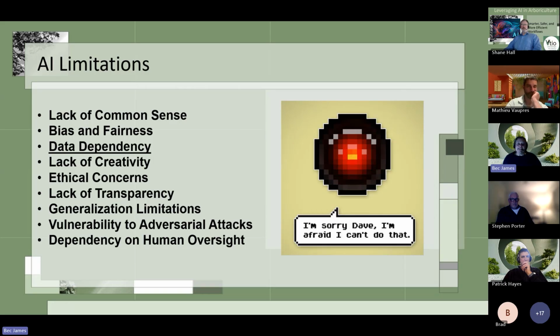So we've talked about the good stuff. Let's look at AI's limitations. AI has a lack of common sense, right? It really does lack human-like understanding and often fails to make decisions based on common sense or lateral thinking. It operates on patterns and data, but might struggle with situations that require that beautiful abstract reasoning that makes humans so unique. Our AI systems are inherently biased by the data that they are trained on.